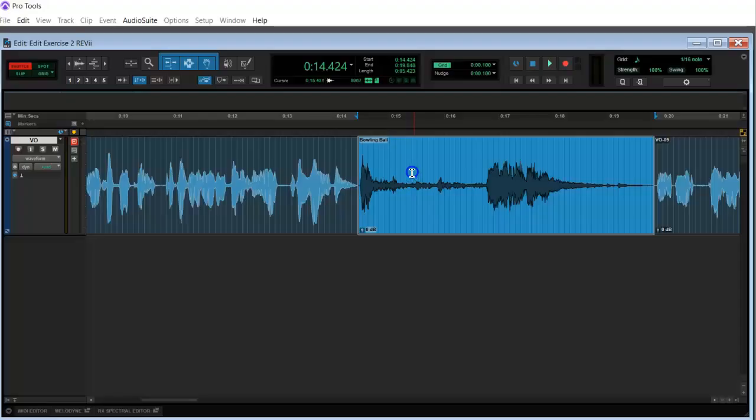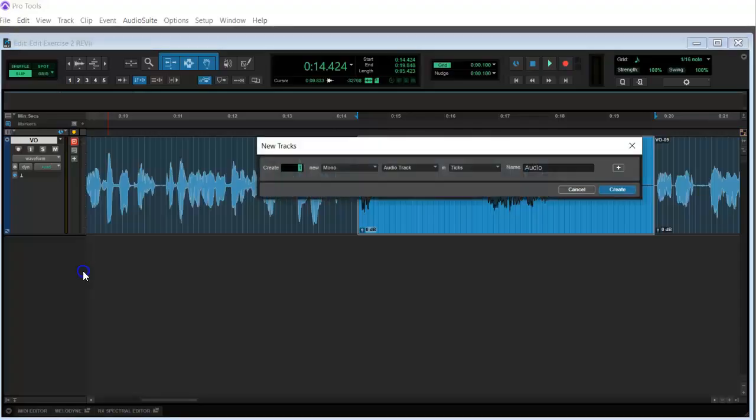The way I'm going to do this is I'm going to jump into slip mode, and I'm going to create a new track down below right here. So let's learn how to create the new track. The shortcut is Shift, Control, and the letter N for new. That's my new track dialog, and I'm simply creating one new mono audio track in ticks, and it says to give it a name.